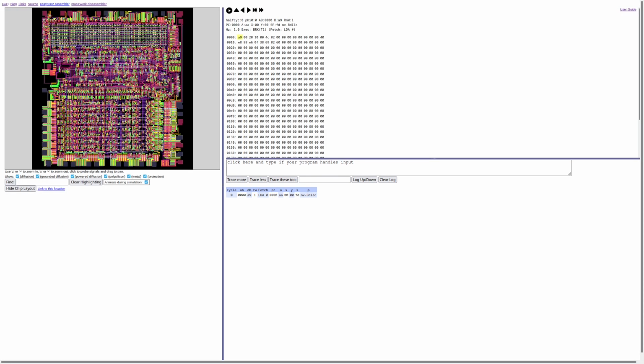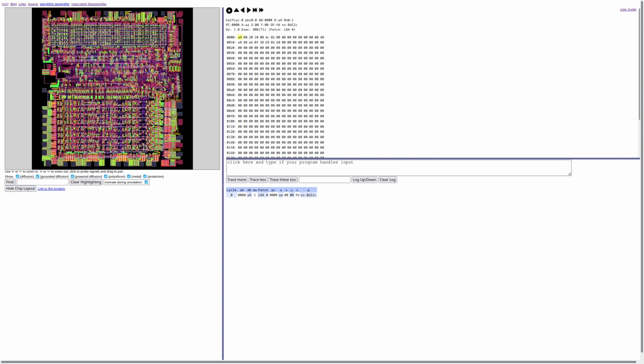It's a great website, and it has a dump of the silicon of the original MOS 6502. Using this site, we can put data in memory, and then simulate how the CPU actually works. And it does this by simulating the silicon, the flip-flops, the transistors that are embedded on the original 6502.